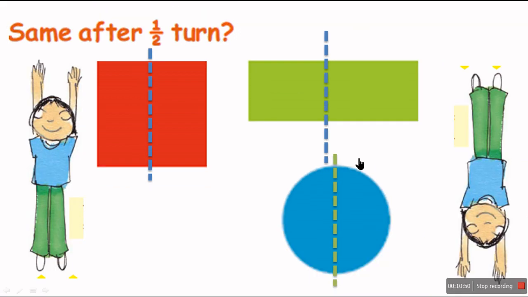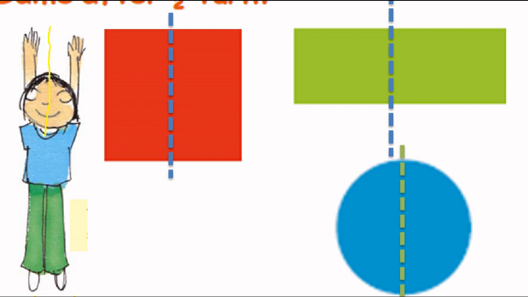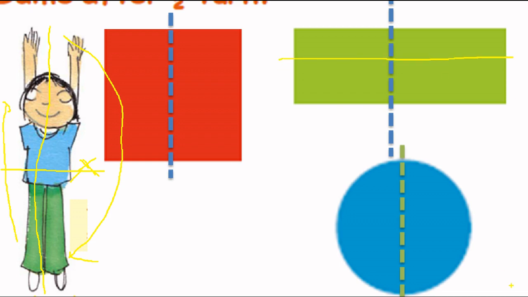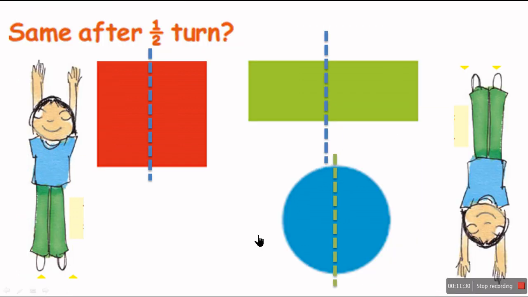Now see this girl. It has a vertical line of symmetry. If a straight line comes here, and it has a horizontal one, but this is not a line of symmetry. Means when it doesn't have both lines of symmetry, when I turn it down, this portion will go up, and this is not the same as this. So for having the same object after a half turn, it should have both lines of symmetry. Okay, so I hope you have understood the significance of both lines of symmetry.